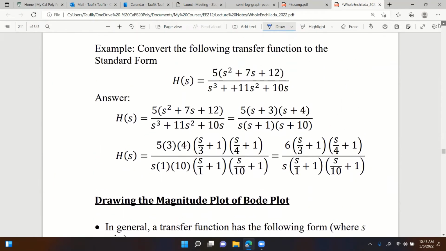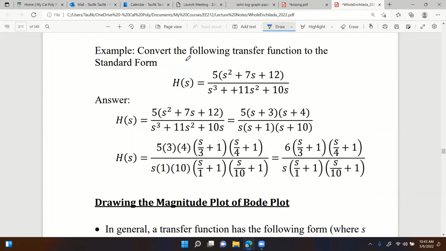But before I go there, let's look at this one example. Let's say that this is the transfer function that you're getting. You derive this transfer function from a circuit, and that's one way to write the transfer function. But this is not the way to write the transfer function for Bode plots. For Bode plots, you have to convert it into standard form. How? Well, first I'm going to